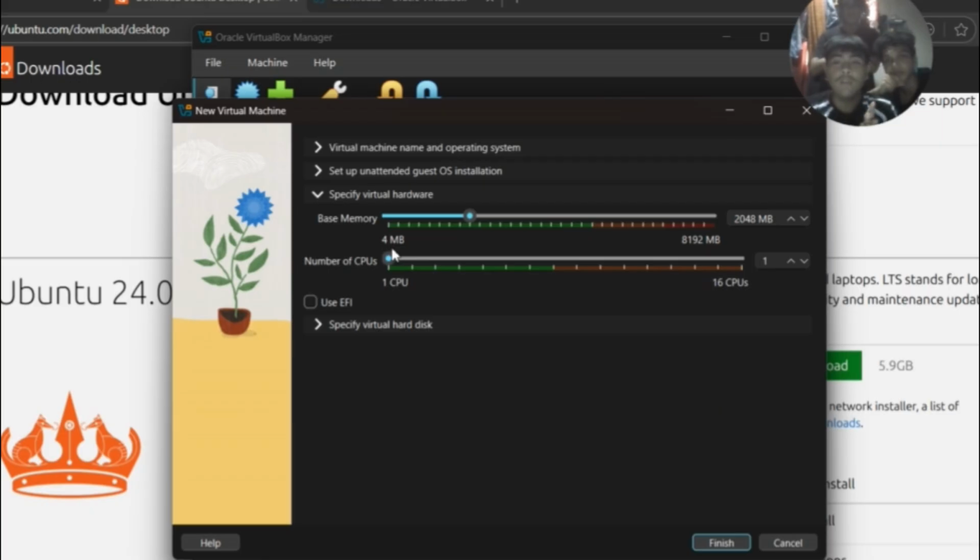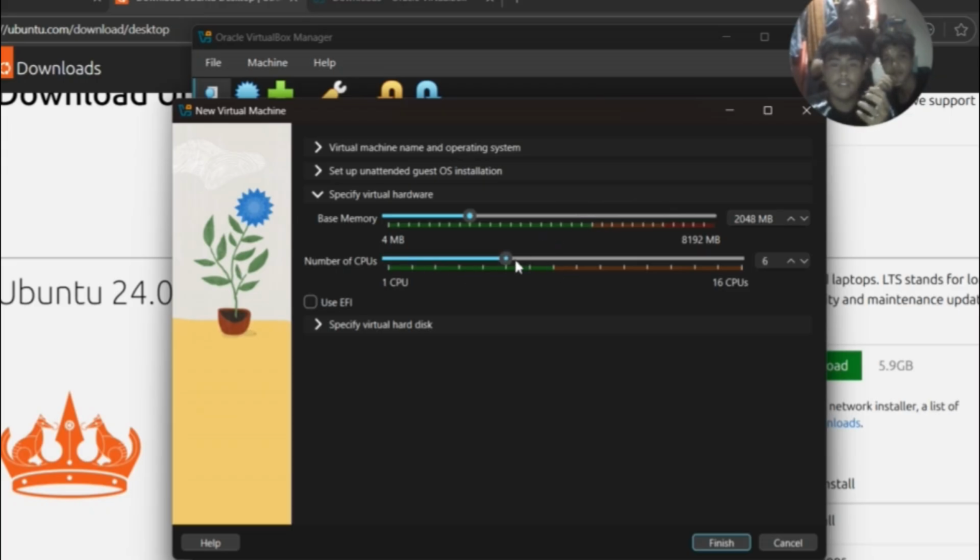So here it depends on your computer if you want to max it out, or put it in four CPUs running at the same time, or max the base memory for your operating system. But it depends on you. Now we're gonna leave it to default, but it depends on how strong your computer is. Preferably, you just put it at max or a little bit lower than max.